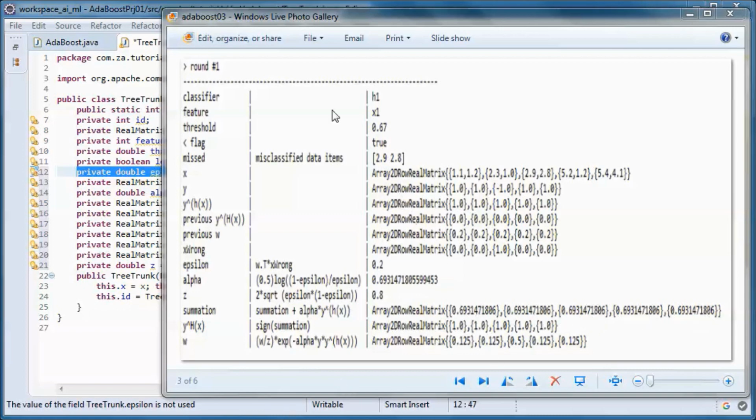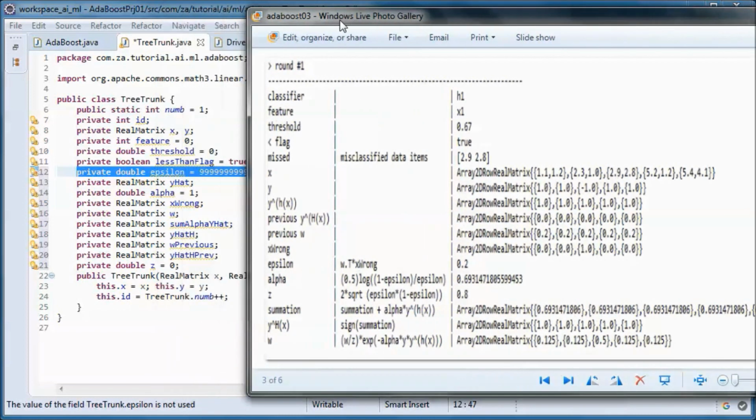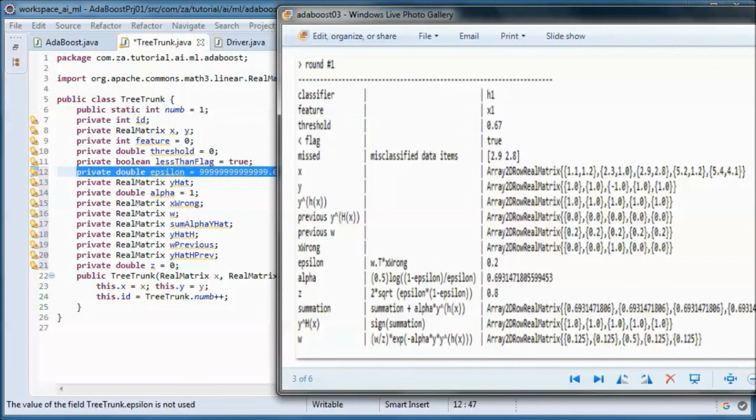And since this is round 1, the initial summation is 0, so we get this matrix. And for the y hat of the overall classifier, we end up with ones everywhere.